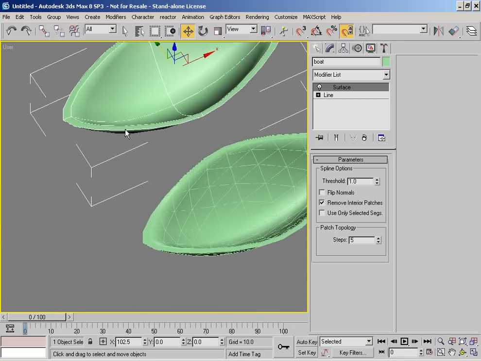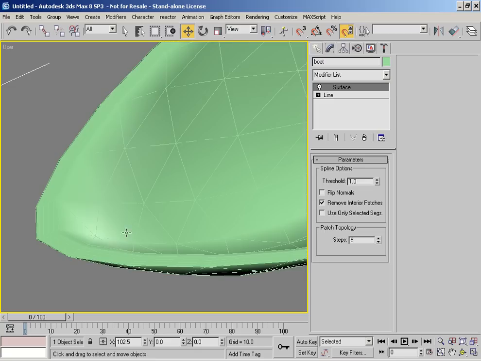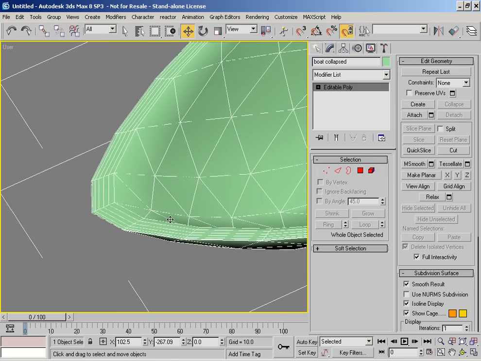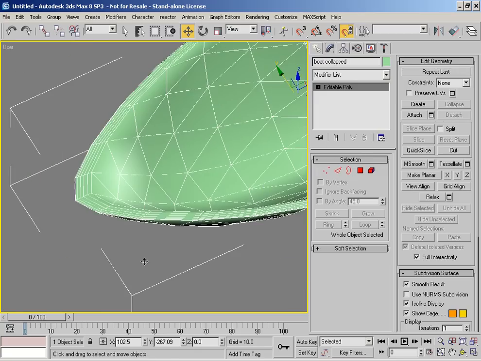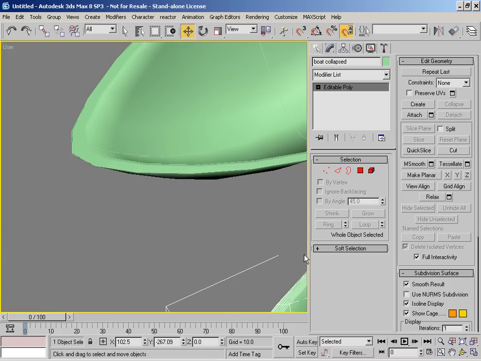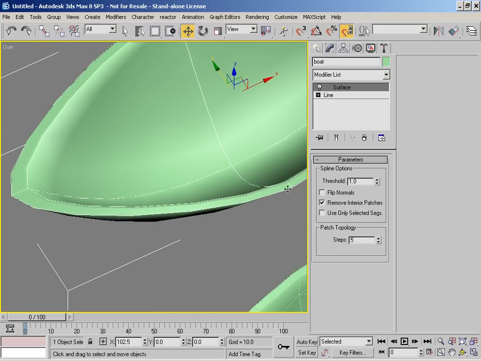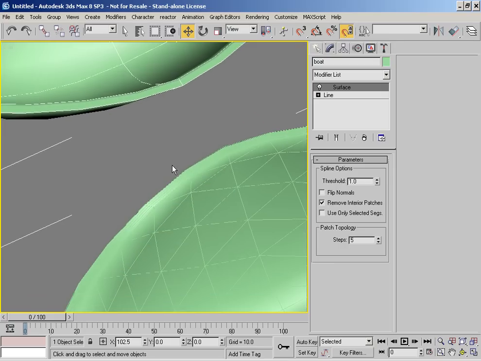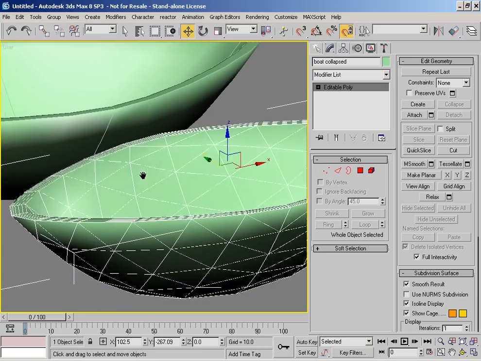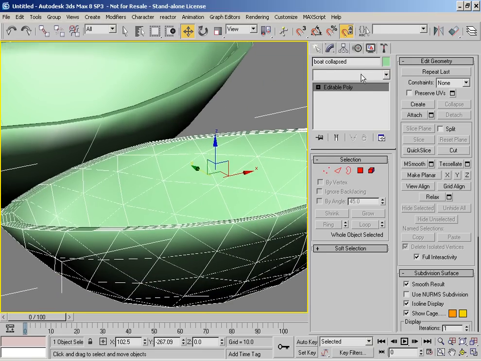However, if we scoot across to the top, you'll notice that in this object here we've got quads across the top here. The reason behind that is because if we go to this object, we've basically got 1, 2, 3, 4 sides here. So the result, if we basically mesh smooth this,